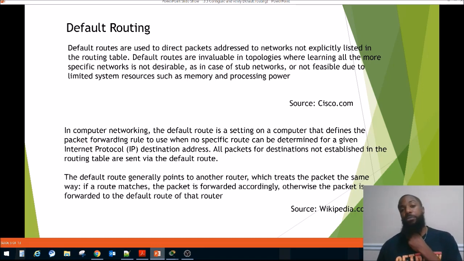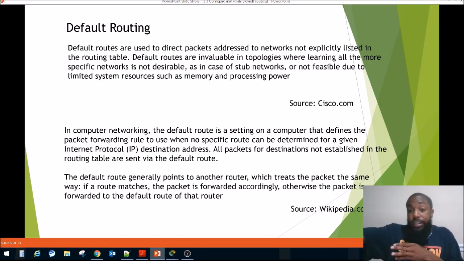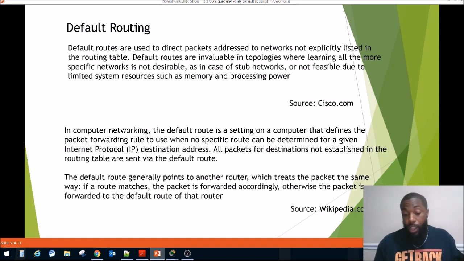Default routes are invaluable in topologies where learning all the more specific networks is not desirable, as in the case of stub networks. Stub networks, we talked about that, right? There's only one way to get in that location, one way to get out. So it's good to have just a static route as opposed to a dynamic route, because if you use a dynamic route for just one little neighborhood, one way to get in there, why would you need to do all that? Because a routing protocol like OSPF